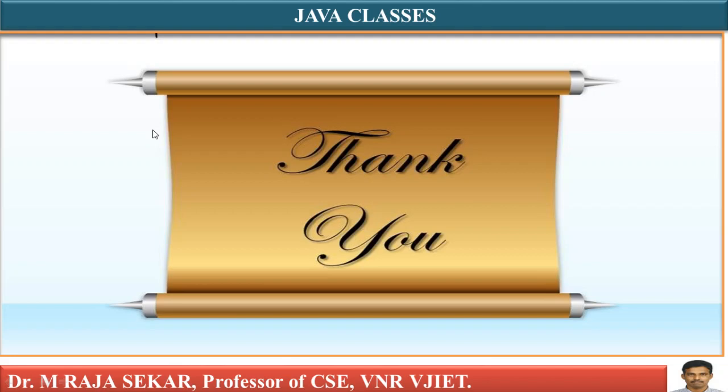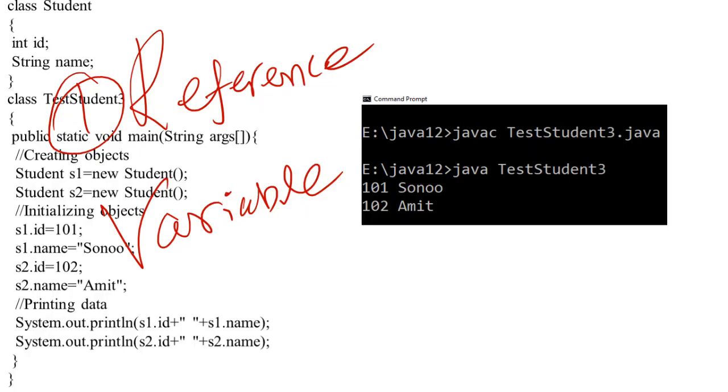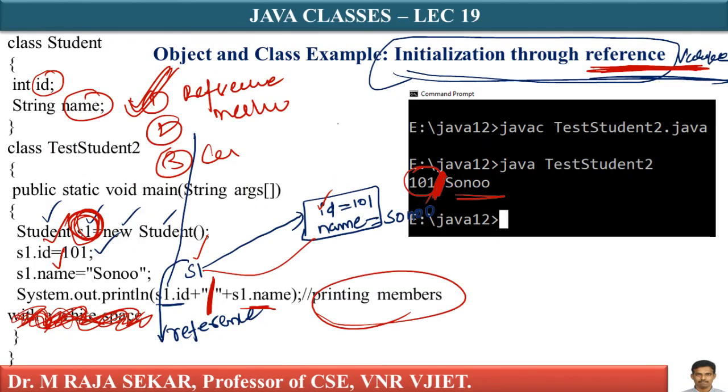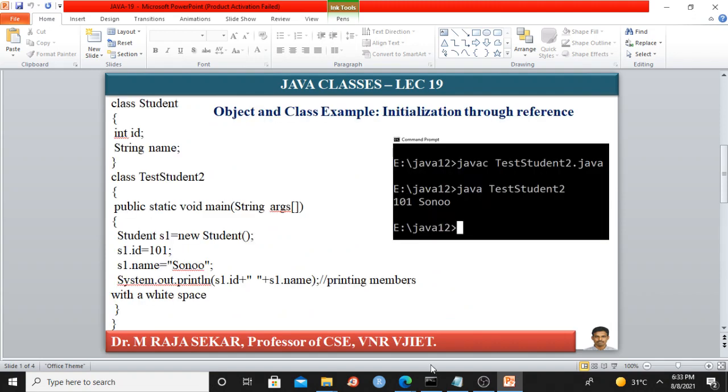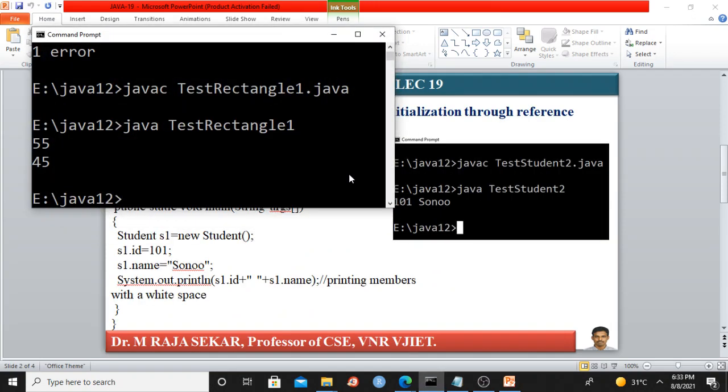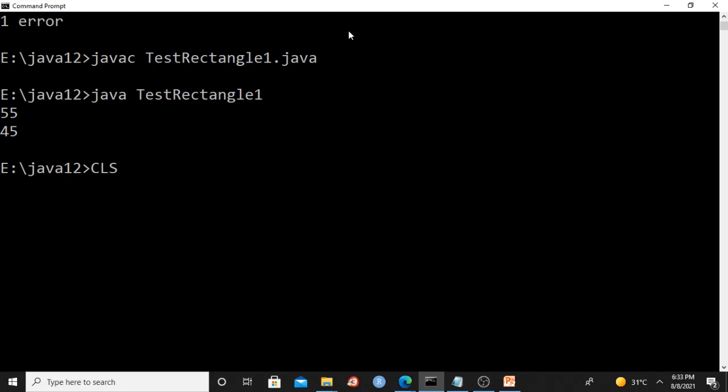How to initialize an object with the help of a method, I will discuss in the next lecture. For the time being, we will try to demonstrate. Just remember, TestStudent3 is one name, TestStudent2 is another. Remember these things so that we can demonstrate this. Let me show the demonstration once, what it says. One second, let me clear the screen.